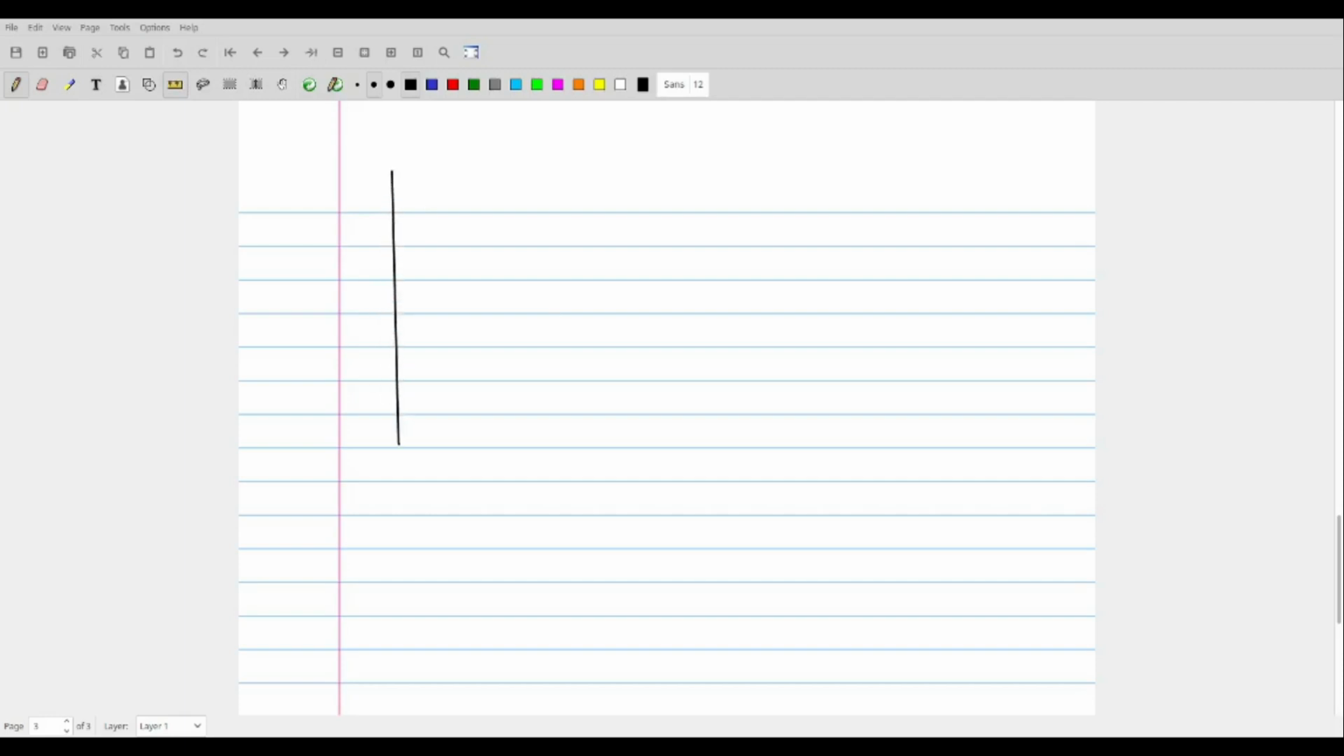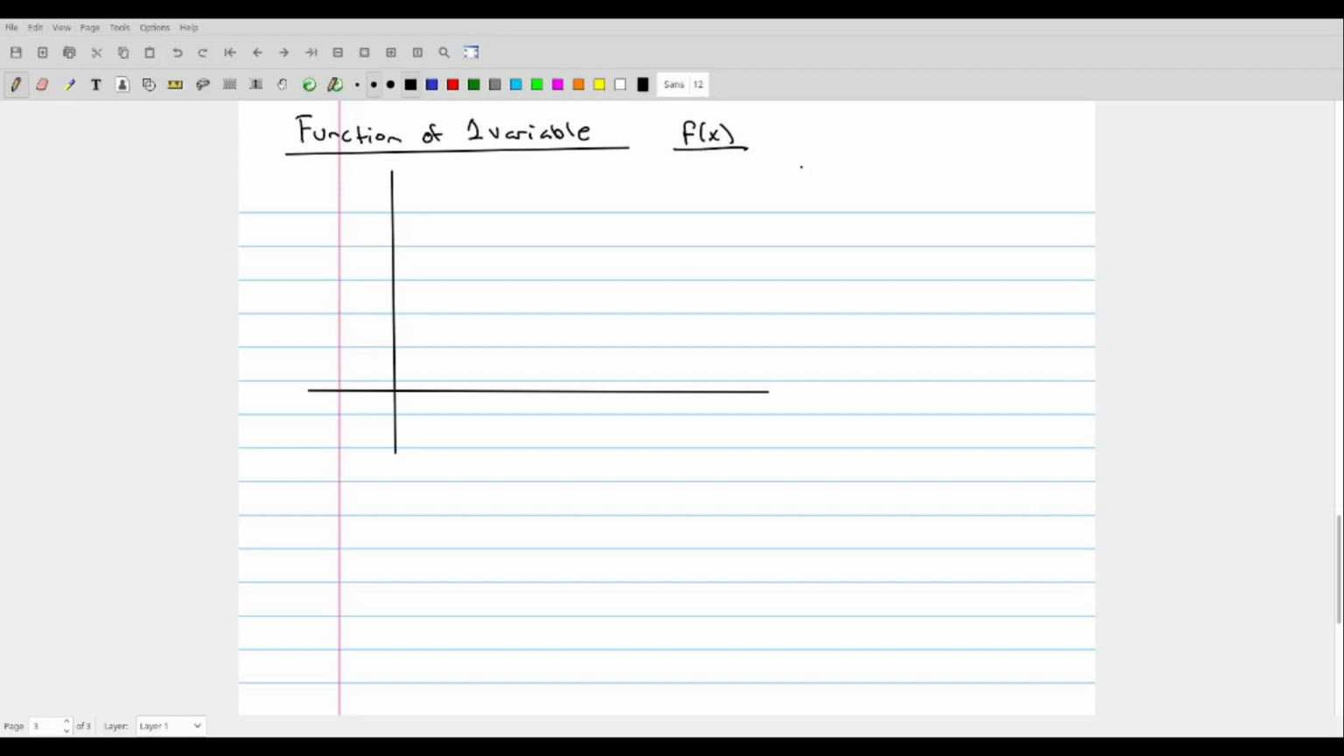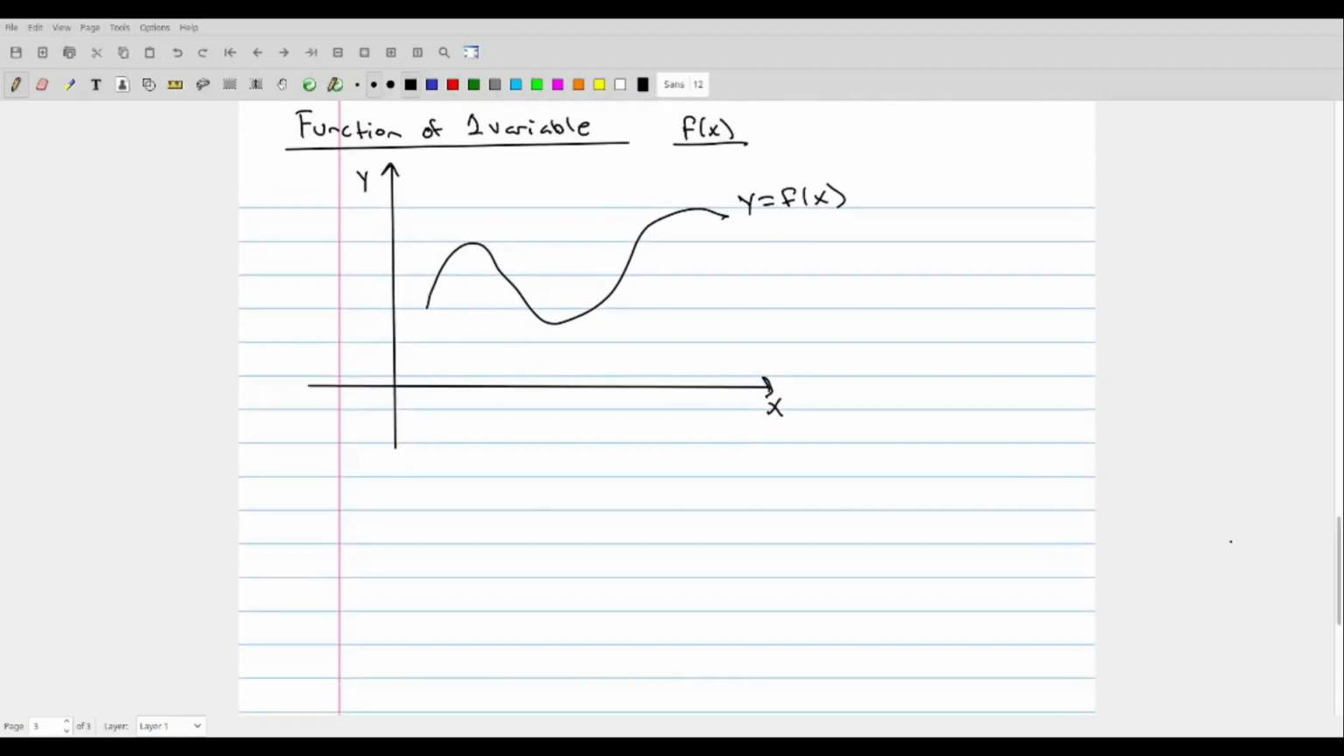So if you have, from Calc 1, a function of one variable, the graph of a function of one variable lives in 2-dimensional space. You need a second dimension to plot the graph of the function. If you have a function of 2 variables,